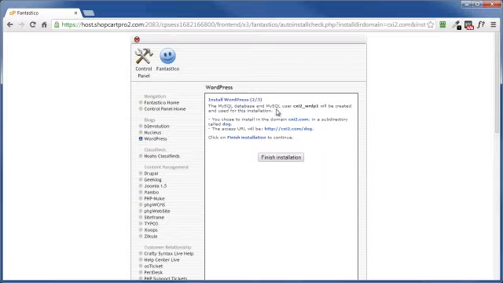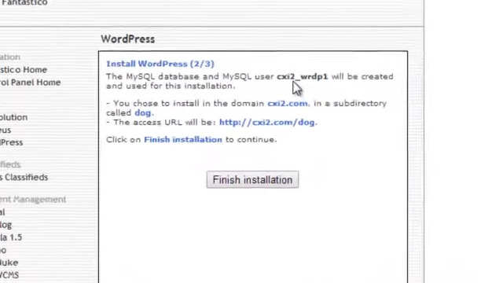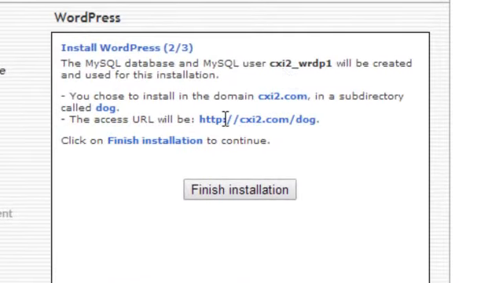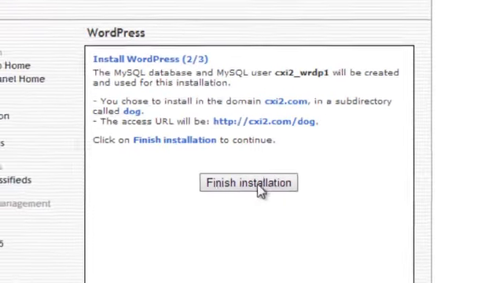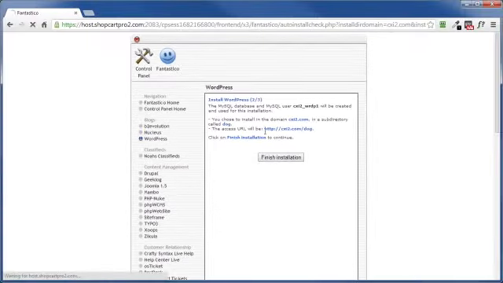And you may want to make a note of this. This is your WordPress site's database. And this is the URL to get to your WordPress site. As you can see here, it's got the dog subdirectory. And click on Finish Installation. That's step 2 of